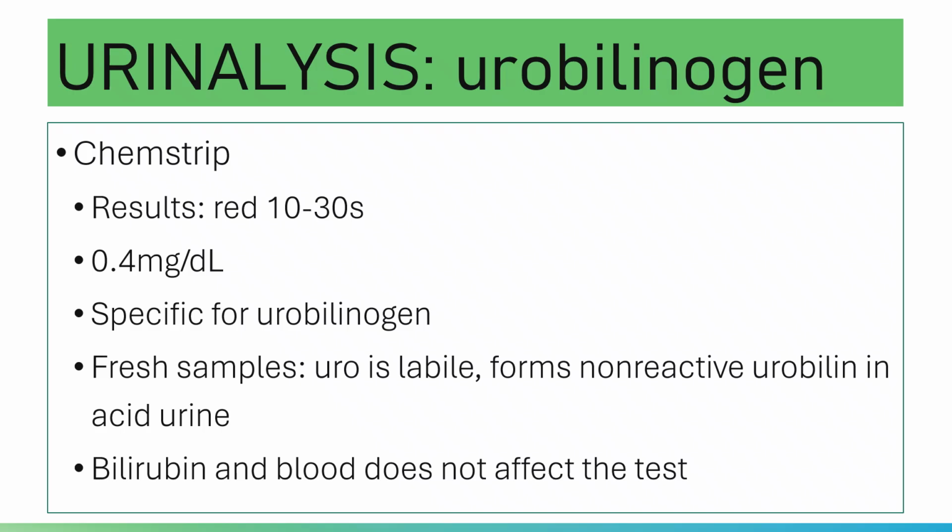Okay? And please note, quantitative tests for urobilinogen in urine are seldom performed. But in case of quantitation, you can make use of 2-hour tests. Okay, that is a 2-hour urine that is collected from 2 to 4 p.m. after lunch. This period, 2 to 4 p.m., coincides with heightened excretion of urobilinogen.